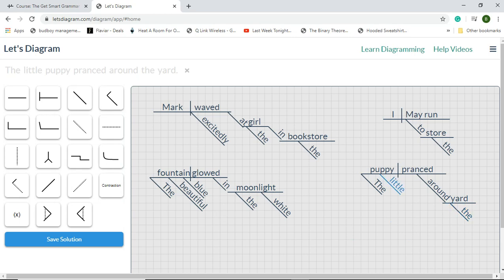So puppy is the subject of the sentence. Prance is the verb. The is an adjective modifying puppy. Little is an adjective modifying puppy. Around the yard is our prepositional phrase, and the preposition is around. Object of the preposition is yard. Adjective in the prepositional phrase is the, modifying yard. Good. And our last one for today,